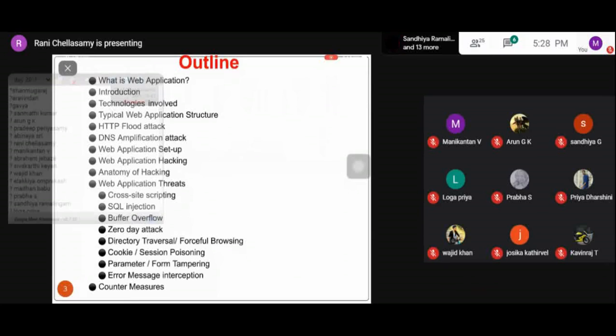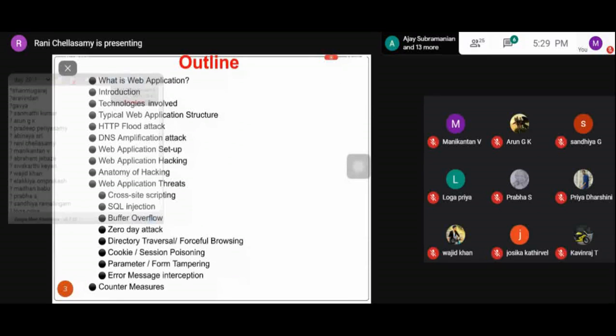Some of the list is given here: cross-site scripting, SQL injection, buffer overflow, zero-day attack, directory traversal or forceful browsing attack, cookie or session poisoning attack, parameter or form tampering attack, and the last one is error message interception. For all these threats, how can we overcome or prevent them? That's the countermeasures.